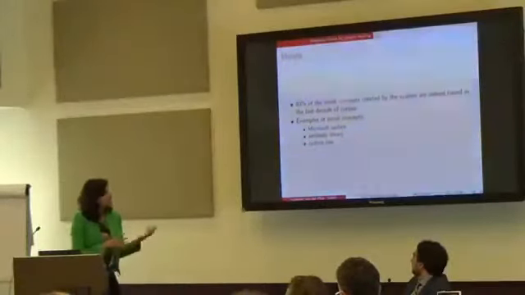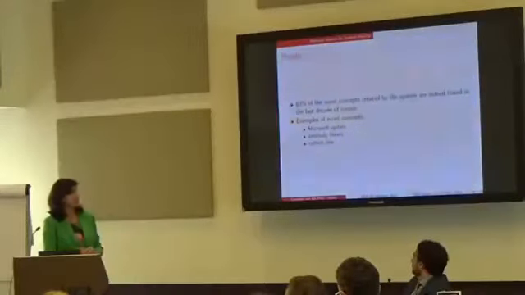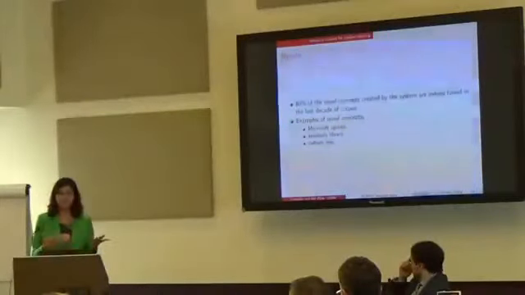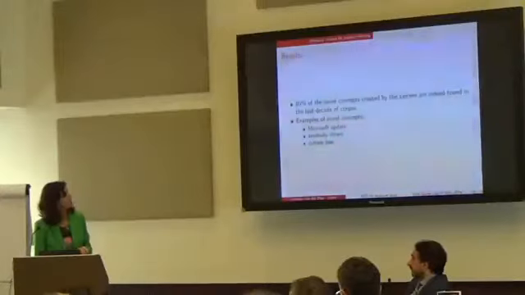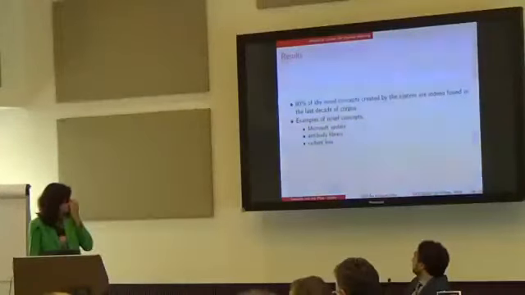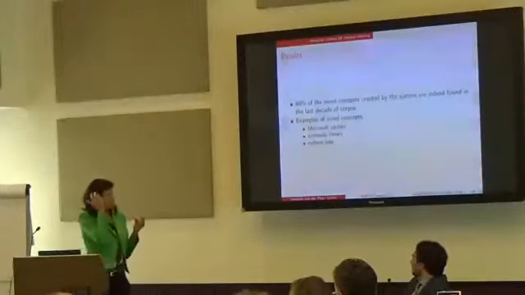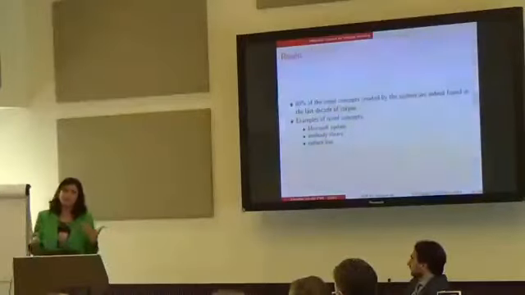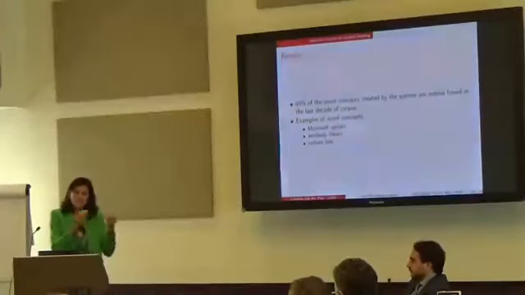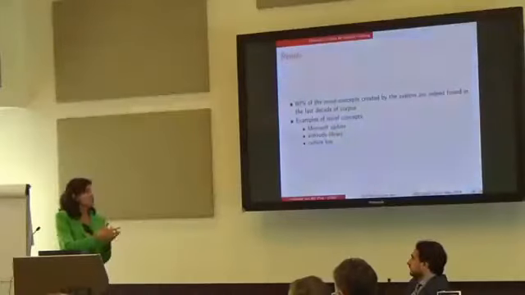So what are the results here? Well, around 80% of the novel concepts that the system created by itself are indeed found in the last decade of the corpus that it had never seen. So it did come up with a lot of sensible combinations. Some examples of novel concepts: these are concepts it had never seen before, but based on frequencies and combinations of things it had seen before, it came up with these.